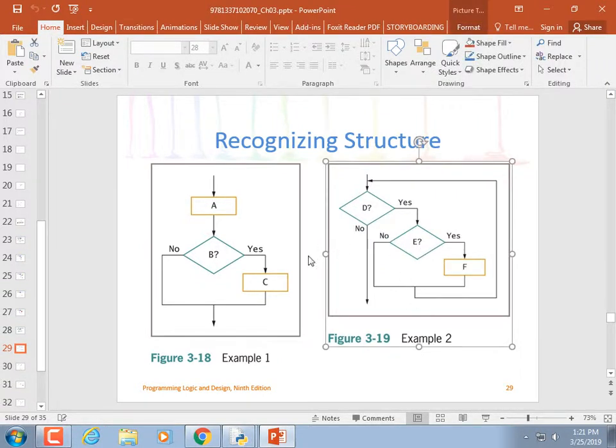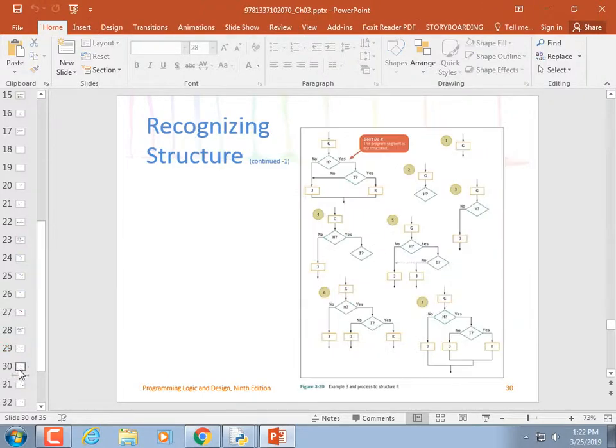Here's a nested structure, right? Here's a sequential, and then underneath that sequential, there's a decision, a single outcome decision. And then here's a loop nested inside another loop, and a process, a calculation, nested inside the inner loop. This is called the inner loop, just like if you have a little doll inside of a bigger one, and this is the outer loop, the outermost loop. And you can nest things more than 2 levels, right? You can keep hitting that tab key and make 20 loops nested within each other. However, that logic would be pretty difficult to follow.